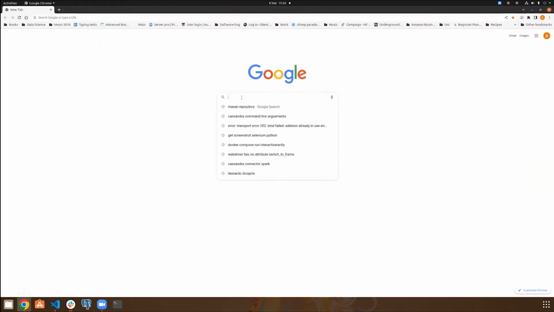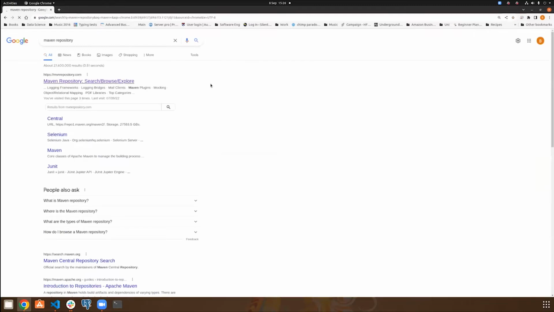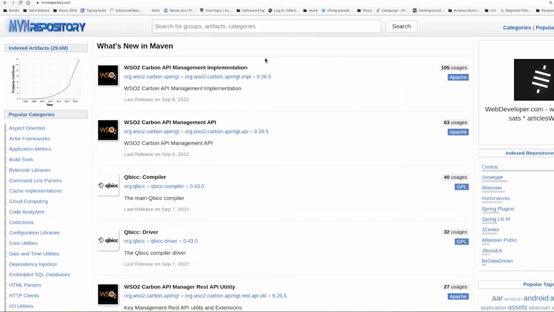So I'm going to show you how to connect Spark with Cassandra using a Spark connector. First I'm going to navigate to the Maven repository and find the Cassandra connector. I know a connector that's going to work really well for connecting Spark with Cassandra. Typing in Spark Cassandra connector,